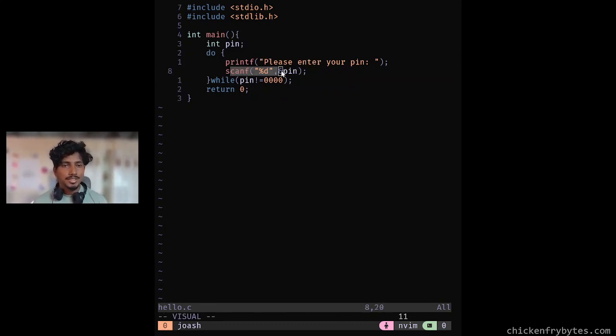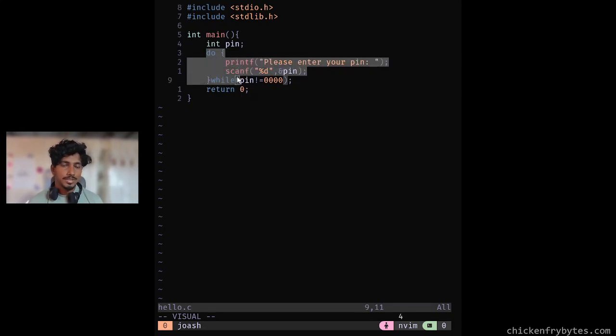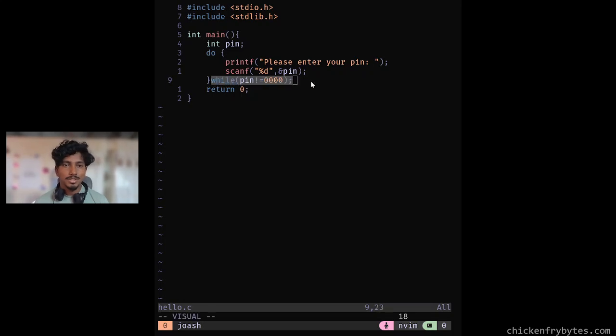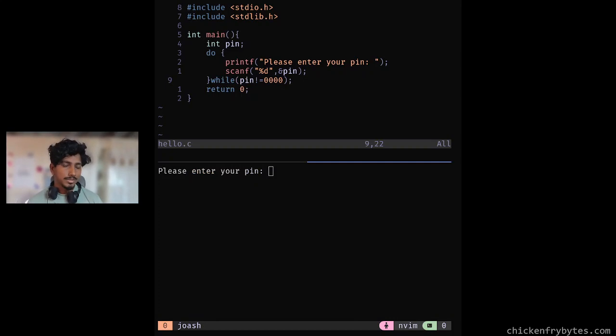And then it collects that pin value, it scans it in, and then we're going to check to see if it's equal to 0 at the end of the loop. So this will basically guarantee that the loop will run at least once. These two lines, the scanf and the printf, will run at least once, and then the check will be there. So if we compile this, or we run it,